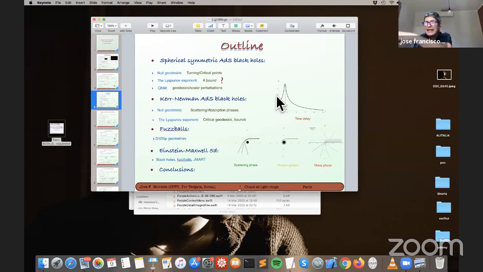You will see still a ringdown, but when you measure the damping, you see this is not what relativity teaches me. This damping should be given by mass and spin in a very precise form. Okay. In principle, they are different. Now, how difficult is it to measure the difference in experiment? This I don't know. And this is very interesting, and I think this is something we should look at.